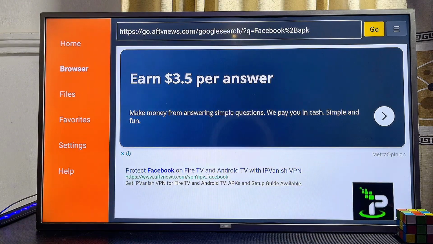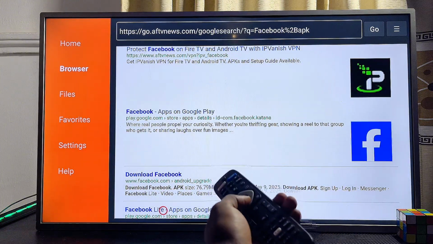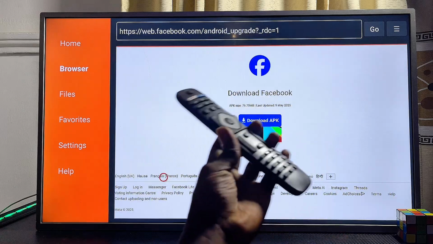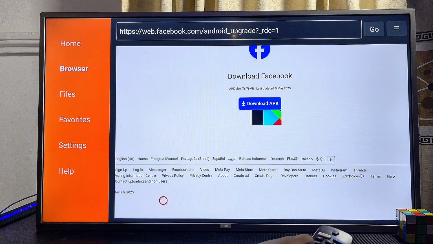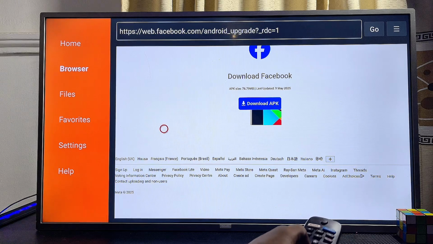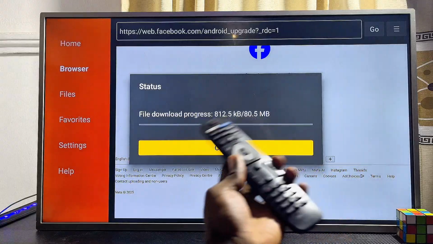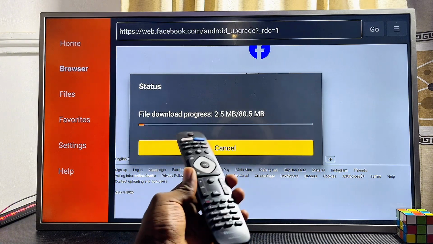At this point, you just want to scroll downwards and look for any of the reliable websites you can actually get that third-party app APK from the internet. In this case, since we are downloading and installing the Facebook app, I'll just go ahead and select this official Facebook website over here. And on the website, you want to go ahead and look for the download button. This is the Facebook website, so you can literally see the Facebook download APK button. I'll go ahead and select that, and automatically that third-party app APK will start downloading and installing into our Philips